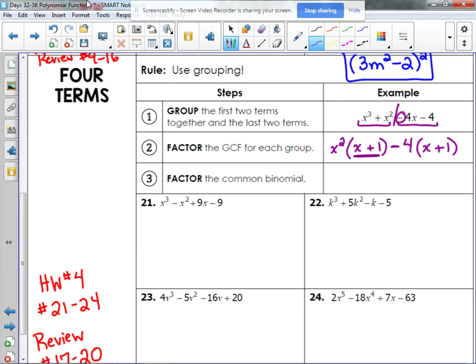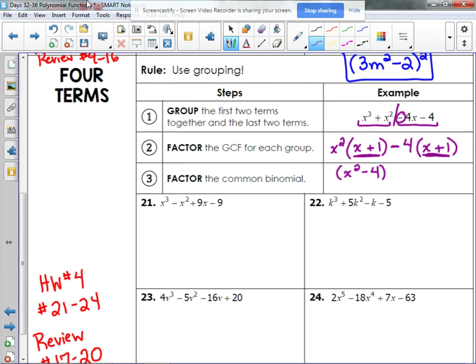These, what you have in parentheses, should always, always, always be the same. If it's not, you need to go back and check your GCFs and check your factoring, because that should always be the exact same expression. I like to go back and underline it just to make sure that I've confirmed with myself that I have the same thing. Okay, now we put the GCFs together,